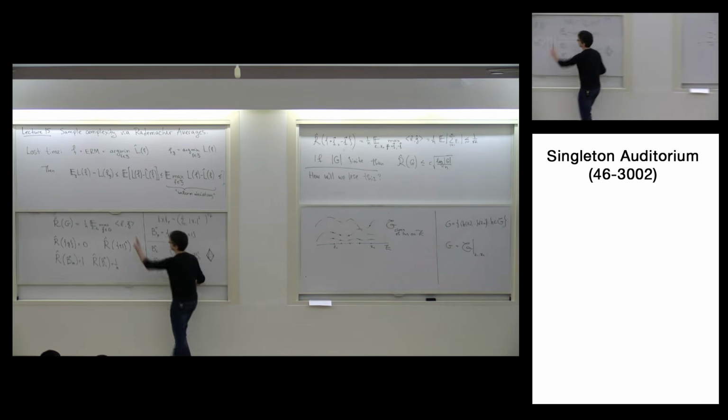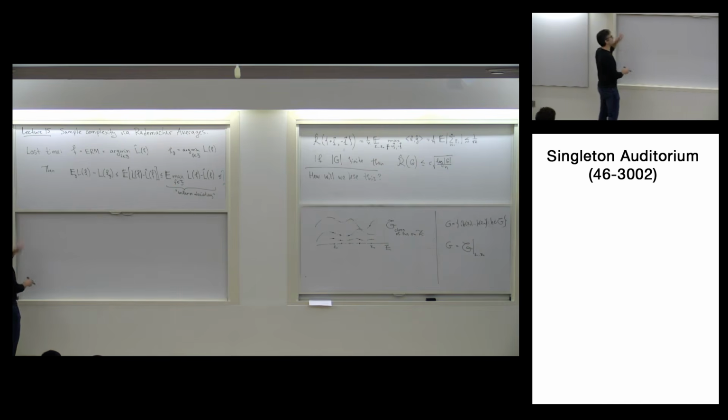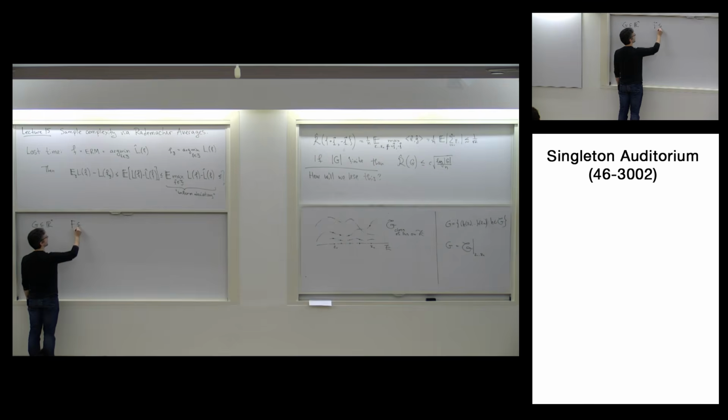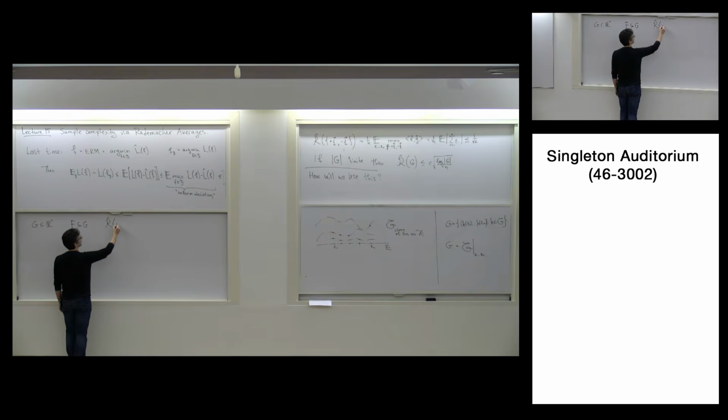Let me do it at the level of G. If G is a subset of R^n, and let's say F is a subset of G, then Rademacher averages of F are